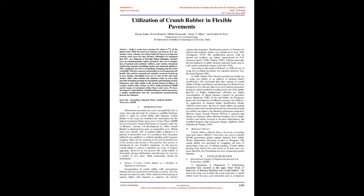A history of using crumb rubber as a modifier in bituminous pavement. Incorporation of crumb rubber with conventional bitumen has been practiced for more than a century. The first attempt was taken in the early 1840s, which involved mixing of natural rubber with bitumen to improve the desired engineering properties. Modification process of bitumen by natural and synthetic rubber was introduced in early 1843, Thompson, 1979. The modification process both by natural and synthetic got further improvement in 1923, Isaacson and Liu 1999,